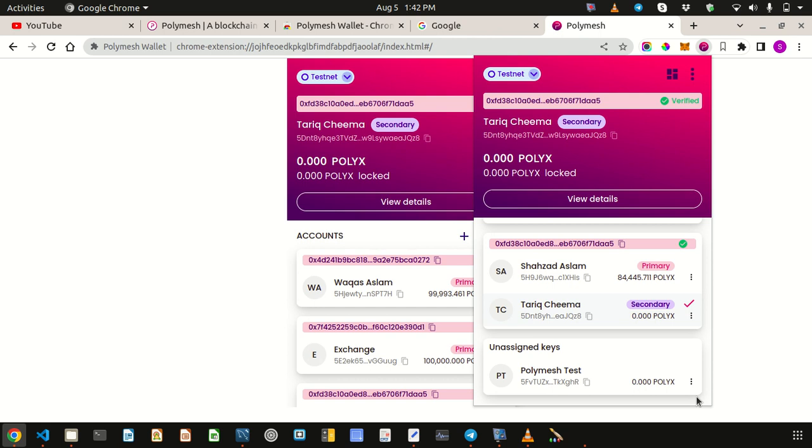You need some polyx. We will do that. I will show you later where you can get some test polyx tokens on the test network. But right now the first step is that we have to register or authorize our account on the Polymesh network. So if you bring your pointer on your unauthorized account, there's a button, assign. Simply click on that button,